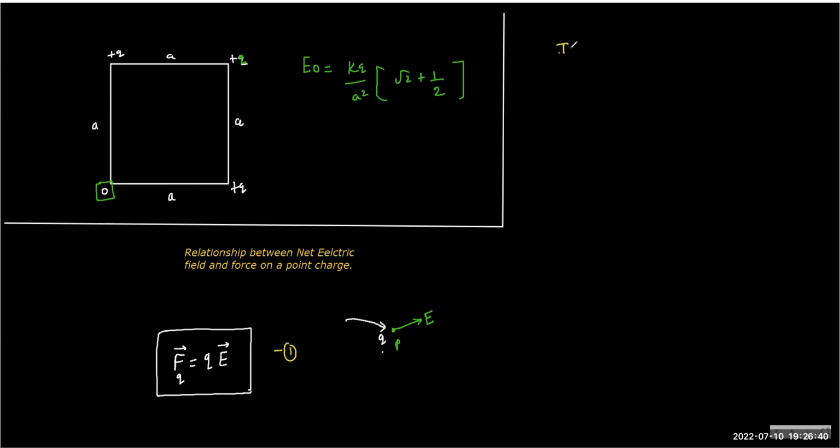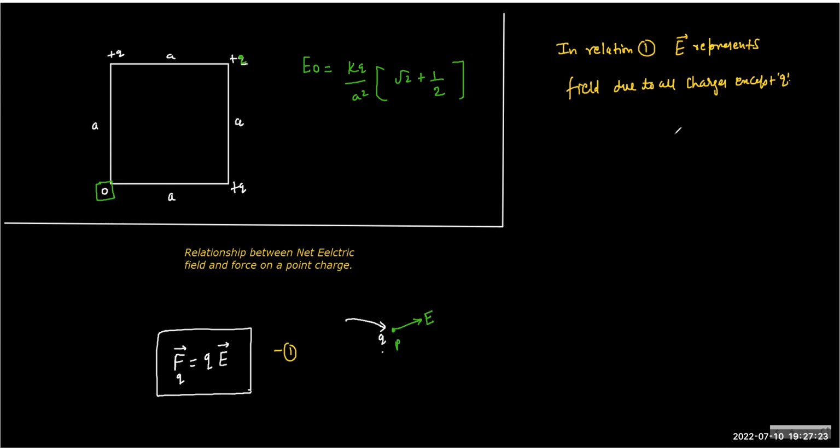So we can say in relation 1, E represents the field due to all charges except Q. So the one who wants to experience the force, their field should not be taken into consideration while calculating. I hope this is very much obvious, right? Why we are doing this. So given E, we can do this.